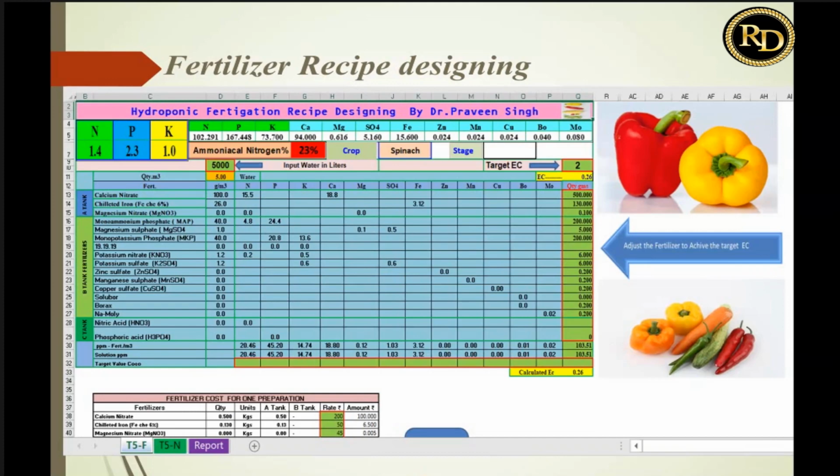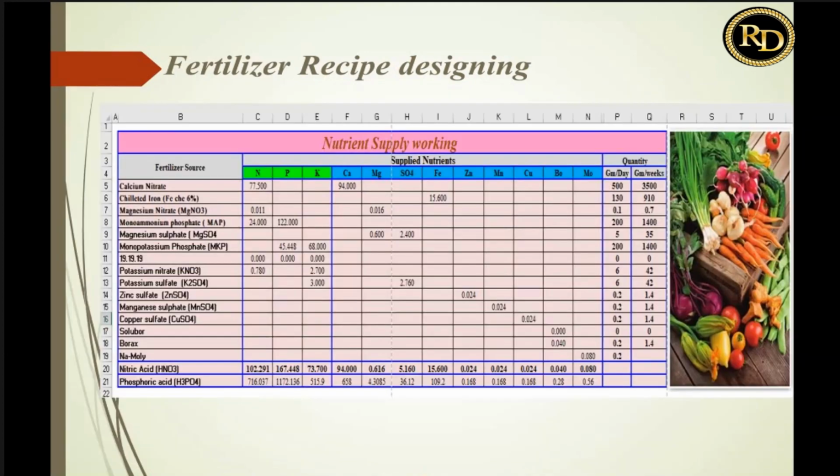So this is the first sheet. After working on it, you will also get the second sheet, in that same file, where you will see the quantity of each nutrient you are going to supply to your crop, using whichever fertilizer sources and quantities you are using. And the third and last sheet of that fertilizer recipe designing tool is